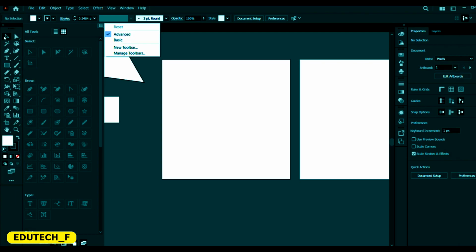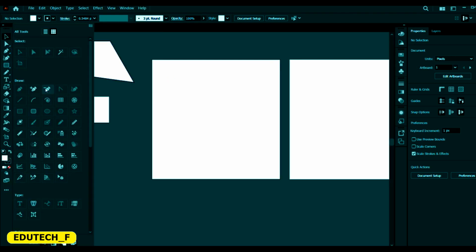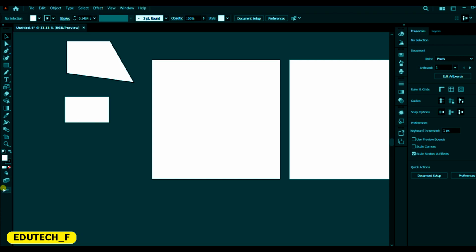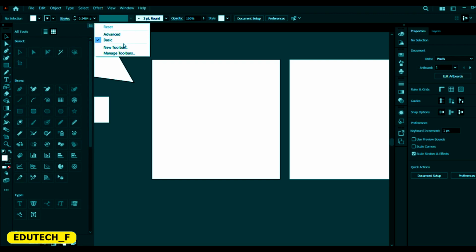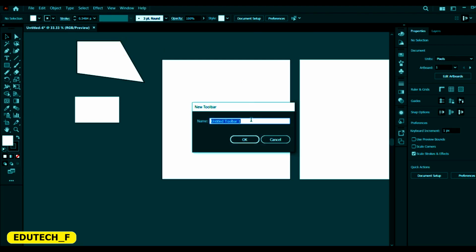Okay, so this is the advanced toolbar setting where all the toolbars are activated. When you come to basic, we just have a few of them, so you can see some of them are activated, some of them are not activated. Okay, so that's basic and advanced toolbars. And we can also create our own toolbars. Okay, so we can have a new toolbar, then we can call it my toolbar,